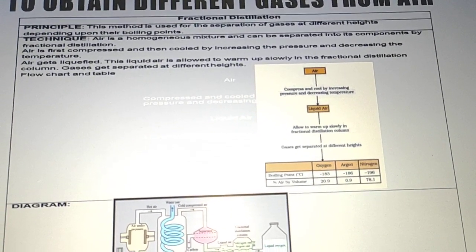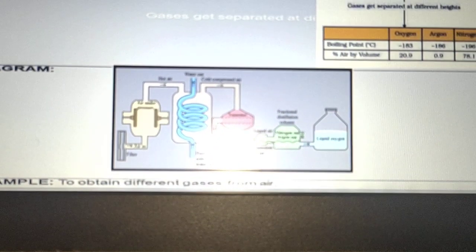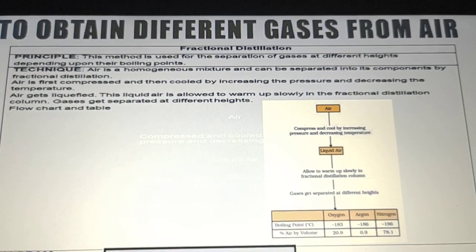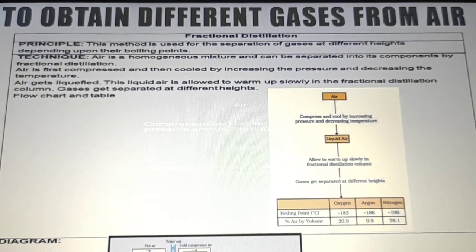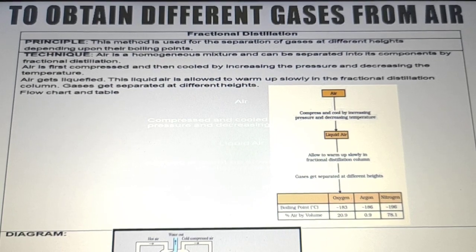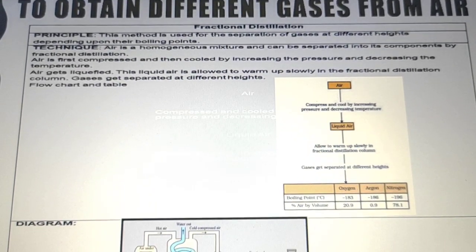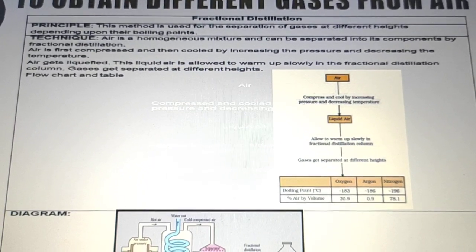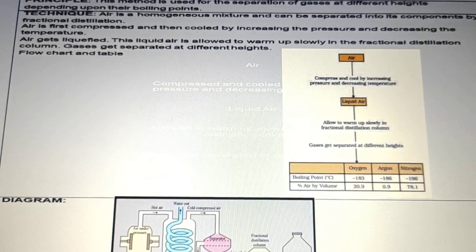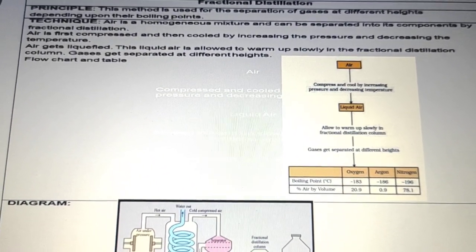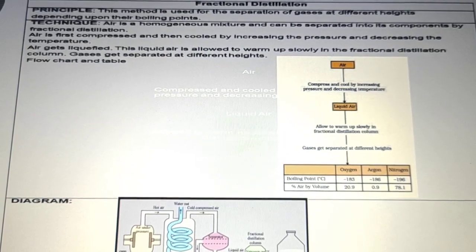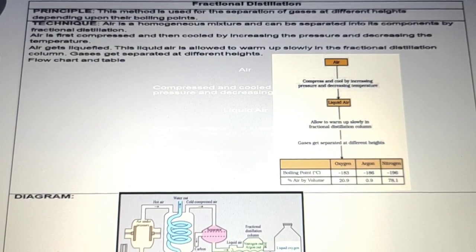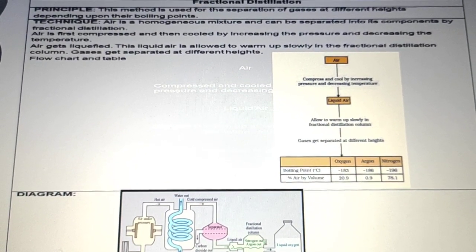Air is first compressed. You have to compress it. This diagram explains it further. Here air is first compressed and then cooled by increasing the pressure and decreasing the temperature. So this is one of the important techniques for compressing the air. You have to increase the pressure and decrease the temperature. There is one more question from there also. Air gets liquefied, which we already did in the first chapter, how we can liquefy gases. So this is the same. After compression the air gets liquefied, and this air is allowed to